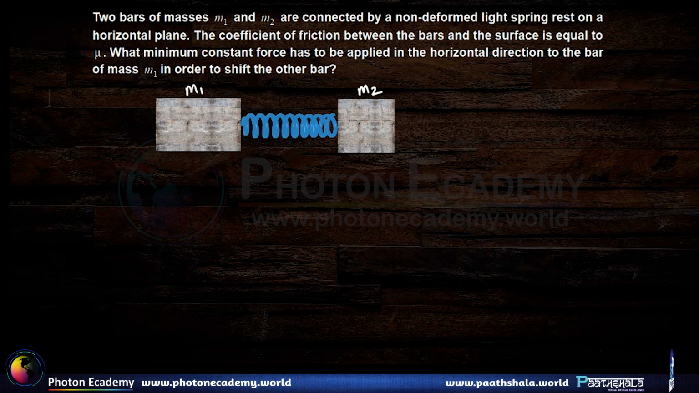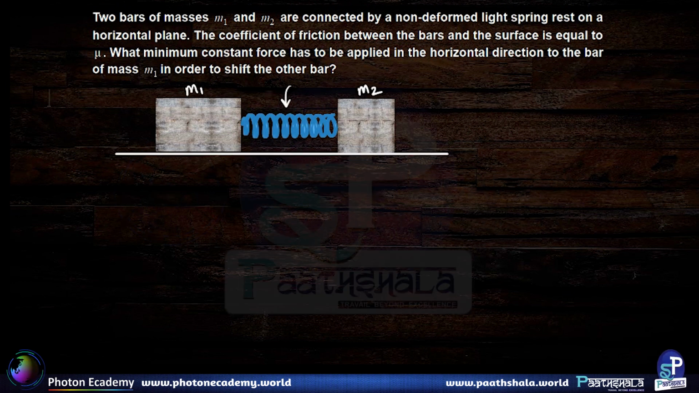So these are the two blocks that are connected by a non-deformed light spring. So this spring is massless. When they say light, we have to assume that it is massless, and it rests on a horizontal plane surface. So let me also draw the horizontal plane surface. Let us assume that this is the surface on which it is